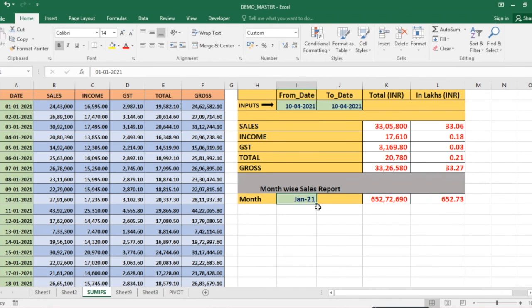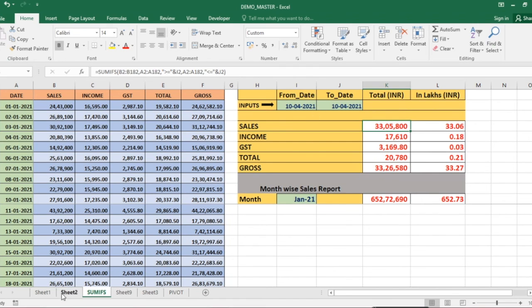But here, month wise, you cannot get any particular date range. It will take it up to the end of the month, from the first day to the last day. And in case you have not put this equal to sign, it will not take both the conditions. If you do not put the equal sign, then it will not take both the dates inclusive. It must be inclusive.